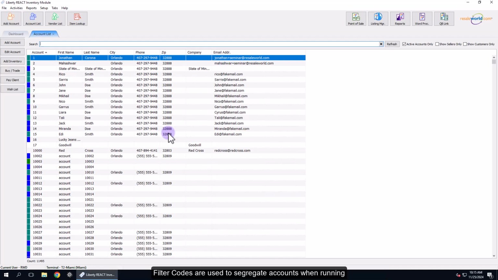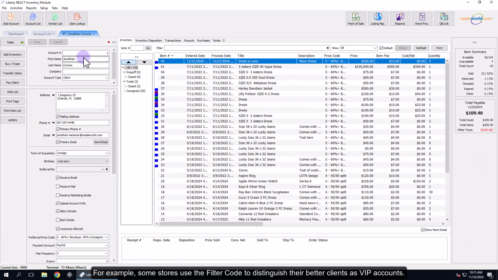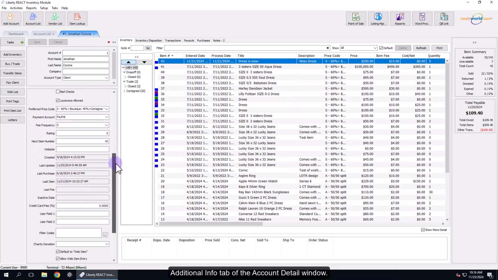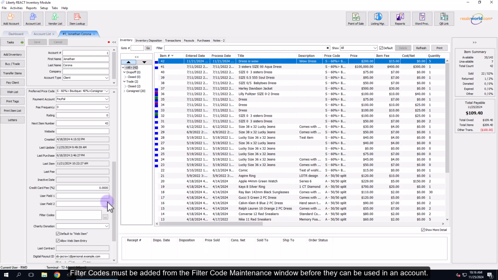Filter codes are used to segregate accounts when running reports, performing payouts, and sending bulk emails. For example, some stores use the filter code to distinguish their better clients as VIP accounts. Filter codes are assigned to accounts using the filter code field, which is located on the additional info tab of the account detail window. Filter codes must be added from the filter code maintenance window before they can be used